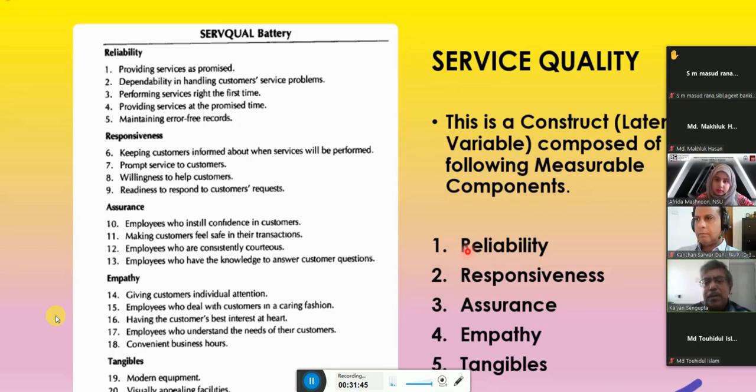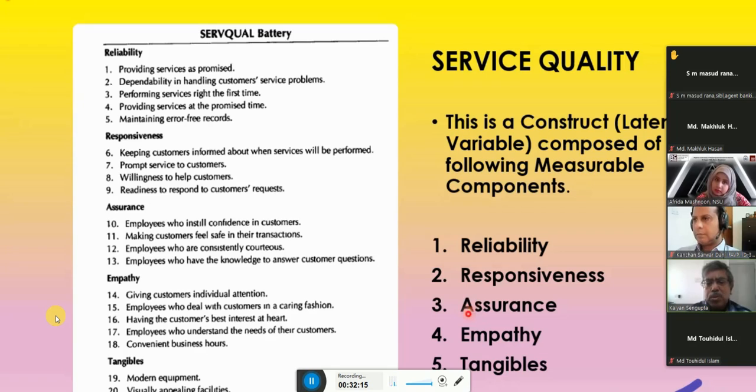Responsiveness means that they are very responsive to the customers. That is, if I suddenly ask for something, they will give it to us. They respond very quickly. And assurance is nothing but trust. That means you can blindly do your job there. So you get trust, right?